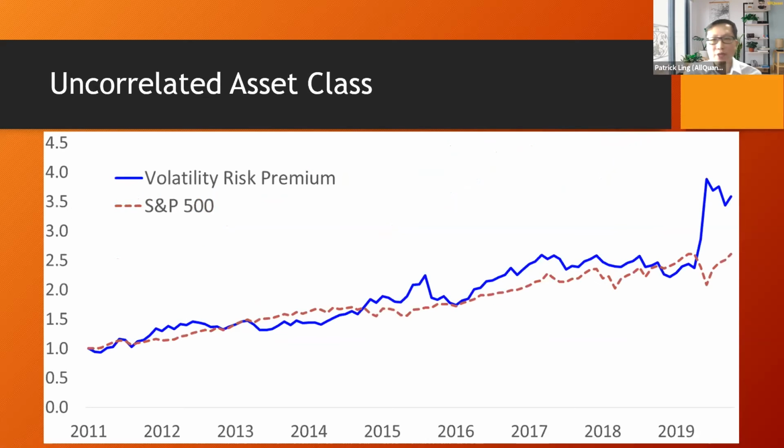The inverse relationship between volatility and the S&P 500 is not only restricted to last year. This is a longer-term comparison chart between our volatility risk premium strategy and the S&P 500 going back to 2011. The period circled in red is what we have seen for last year. So over the longer